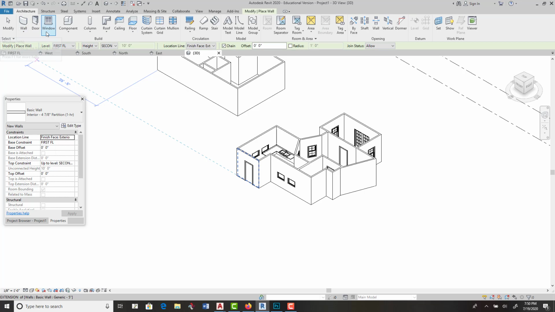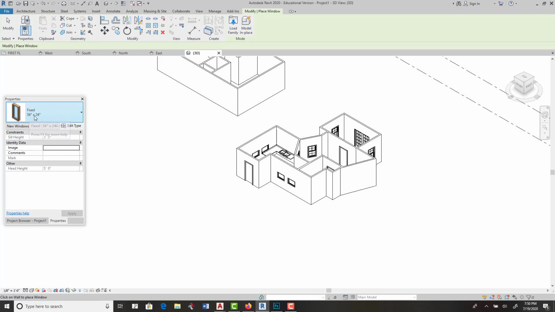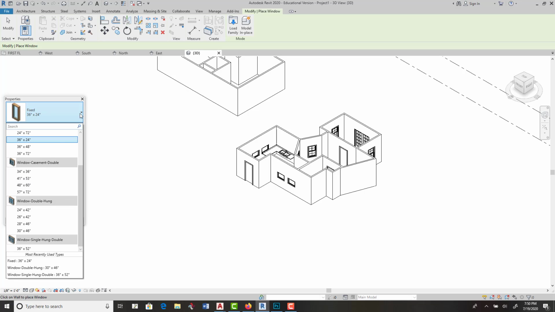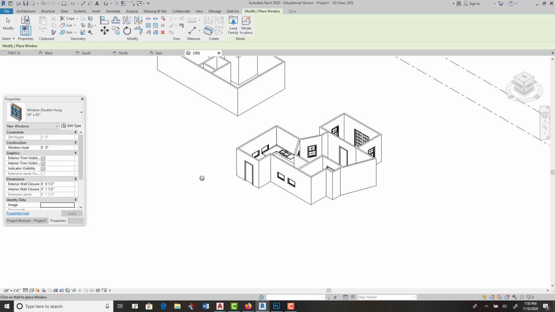So if you go to Window, and you have, let's find a short little window, 24 by 42. You could put the window, you could put 2 or 3 windows in there. See there? Right there, it lines it up. So anyway,